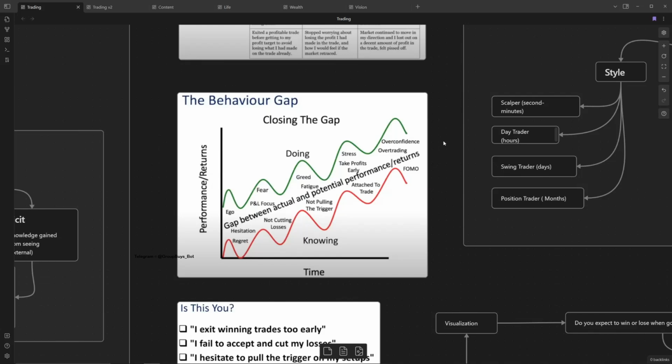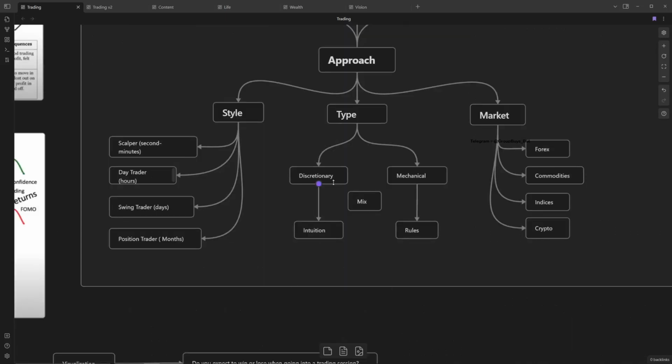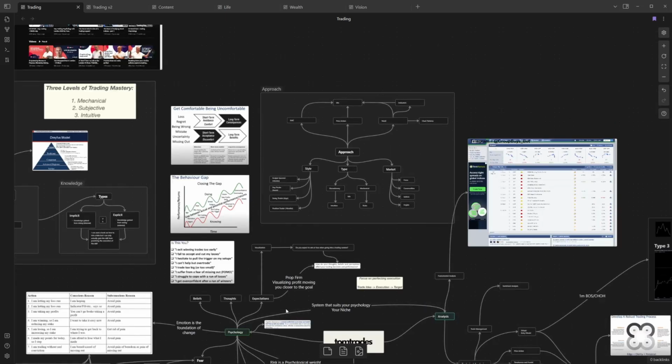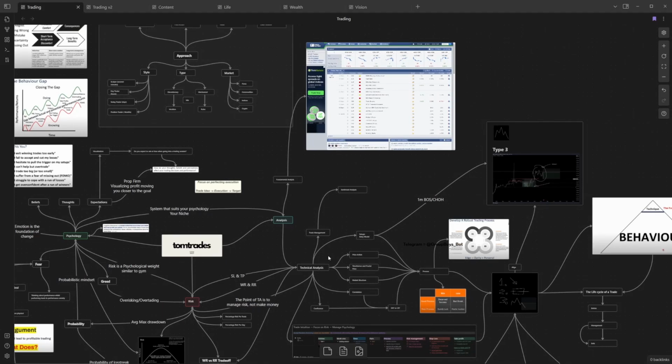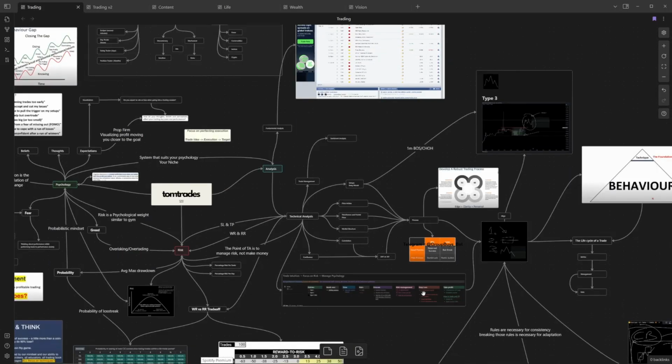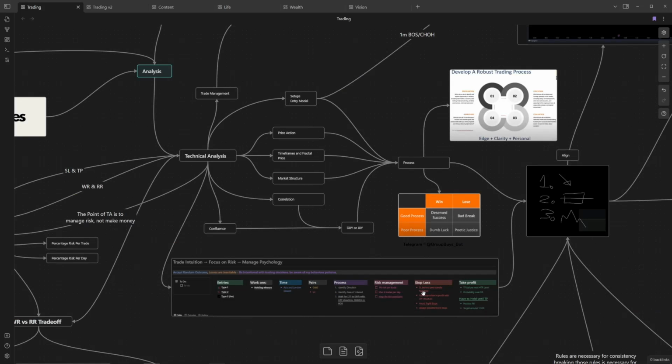So this is where psychology comes in. If you don't know what you need to do, if you don't have a plan, if you're not journaling, psychology isn't your issue because you don't have an edge. You're just taking random trades just off intuition. You don't know if that intuition is correct. So that's kind of where those two come in. Yeah. So we'll go into how do we find a plan? How do we find an approach? How do we track that approach to actually kind of find some consistent profitability?